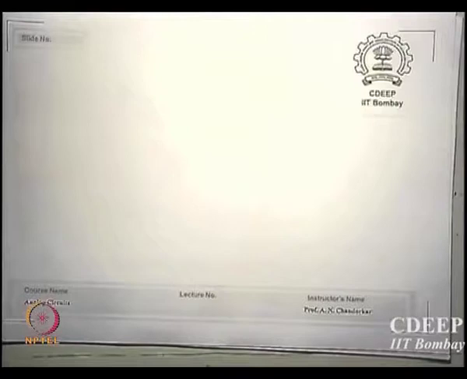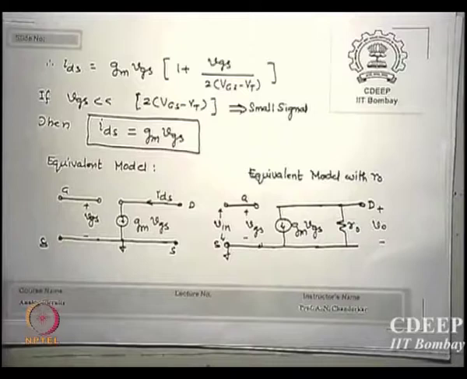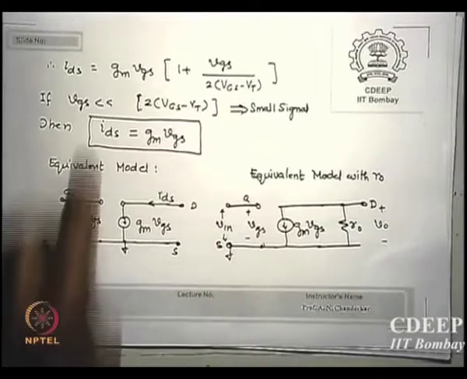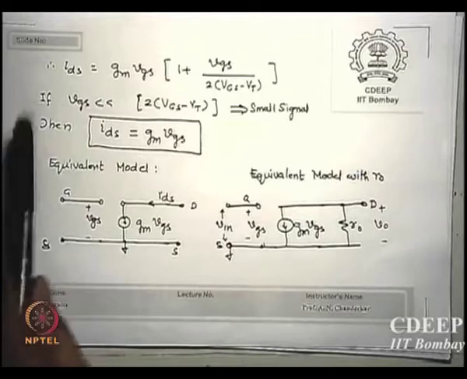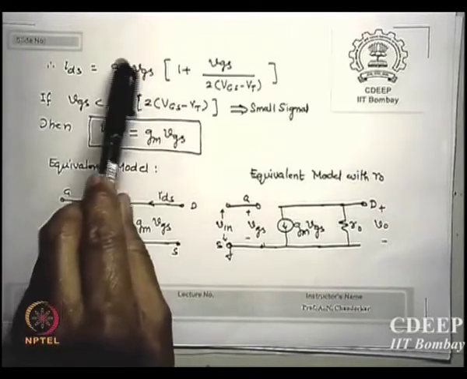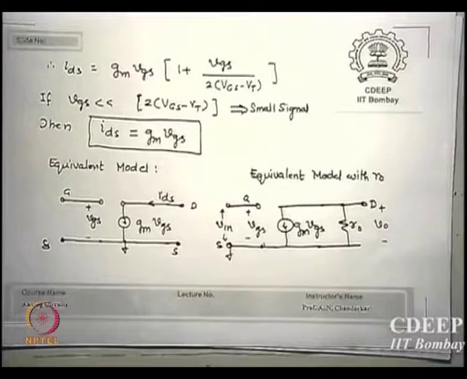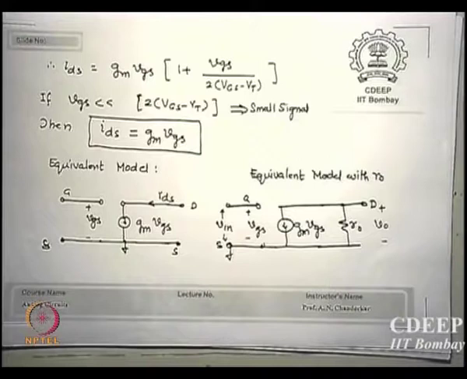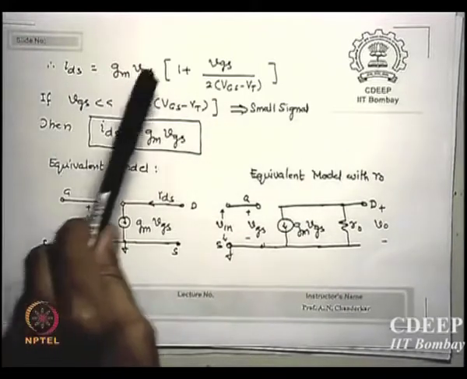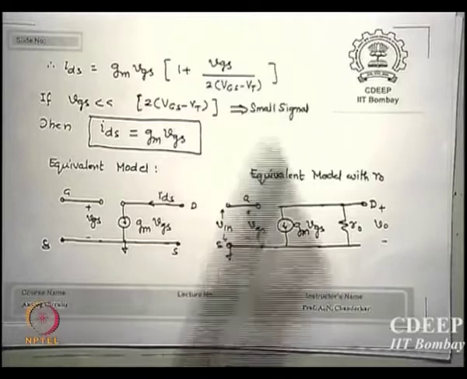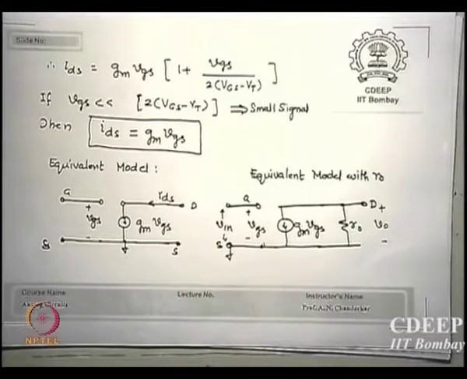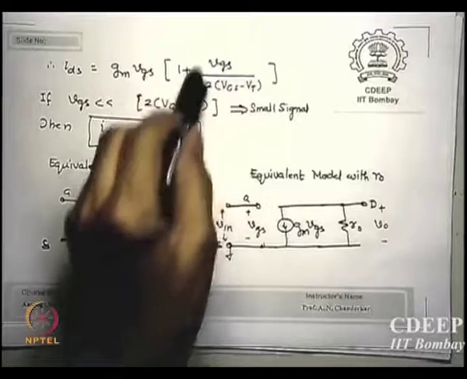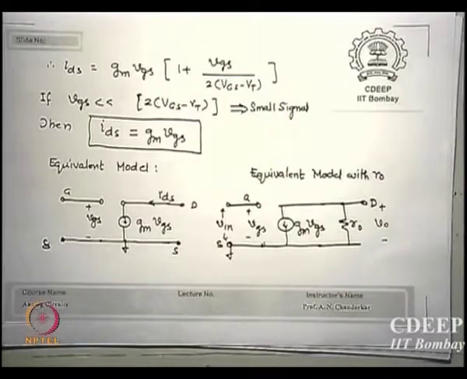Just subtract. In case you have not written it, I have written it again, and those who have not written can write. So small ids is gm times vgs, where I replaced my gm formula in the first part of the expression. Therefore I get ids is gm vgs (1 plus vgs upon 2 (VGS minus VT)). Now if I do not want the 1 plus term,